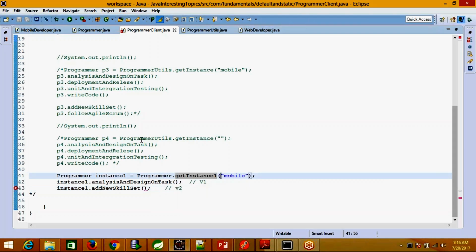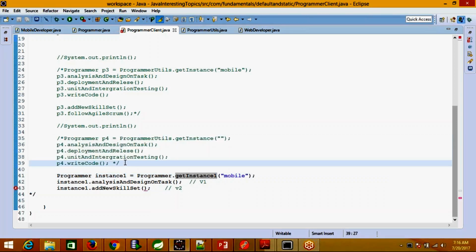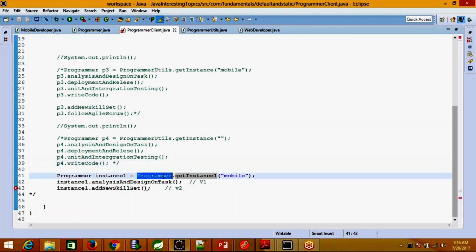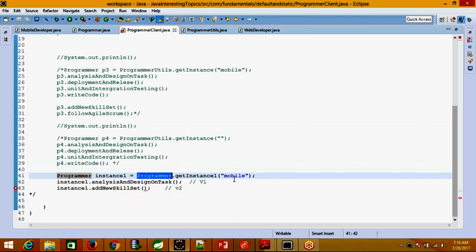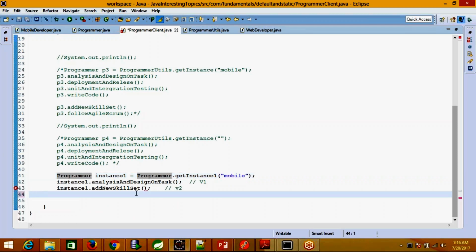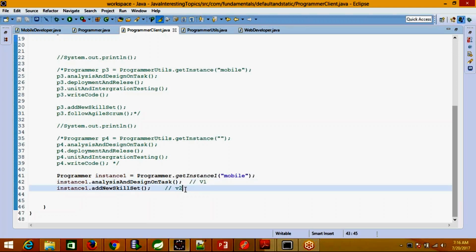So what I'm doing now, instead of programmer util, that part is commented now, I am having that method from the interface itself. Programmer, then get instance method I'm calling here, and passing the mobile argument. So it will give me an object of the mobile developer itself, and I'm calling a few methods, one method from the first version and the second method from the new version.